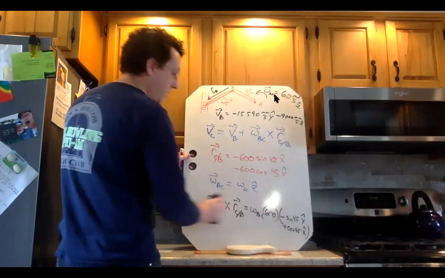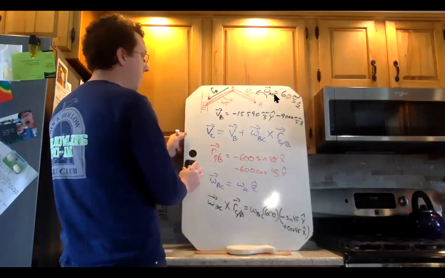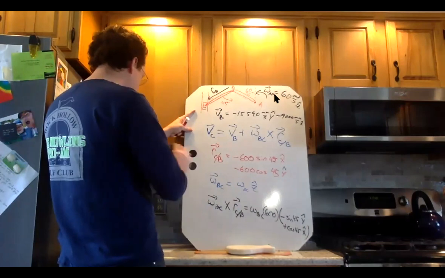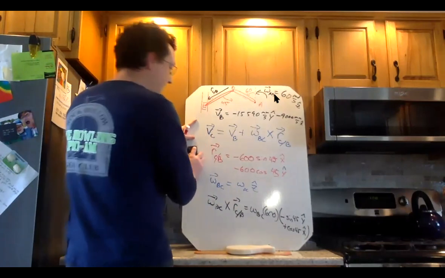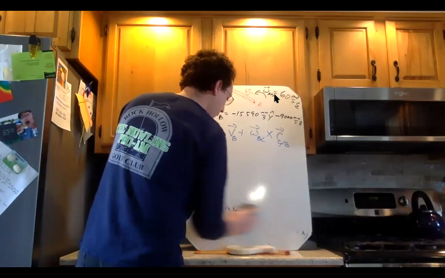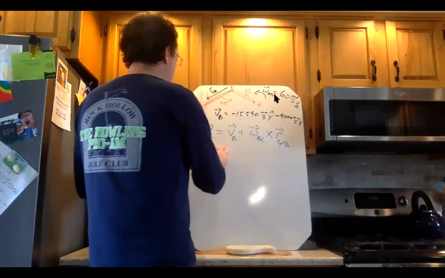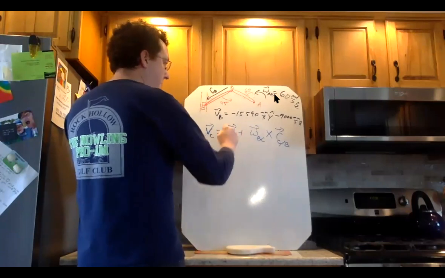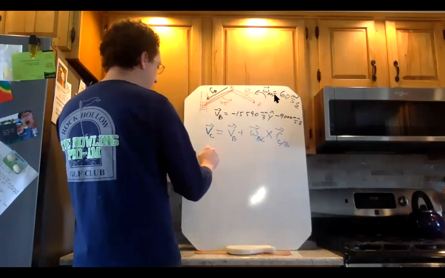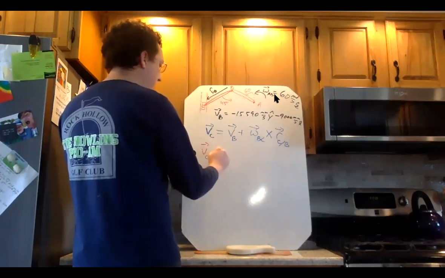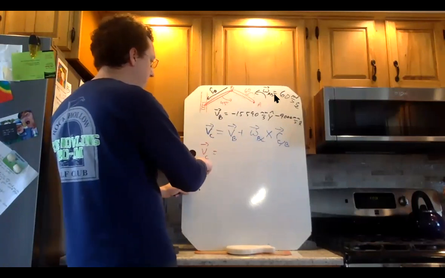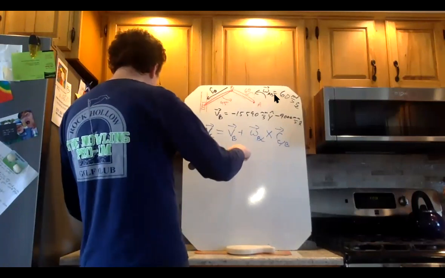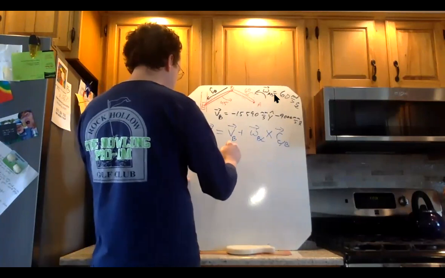So hopefully you see where that comes from, and then I'm going to write out how to solve it. I have VC, and I'm going to plug everything into this equation. VC I'm trying to find, but I know it only points in the y direction, and it should be negative. This gives me, writing it all down,